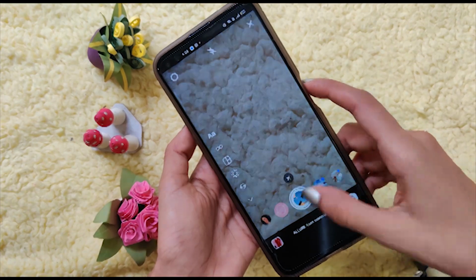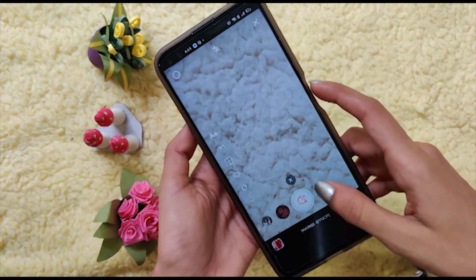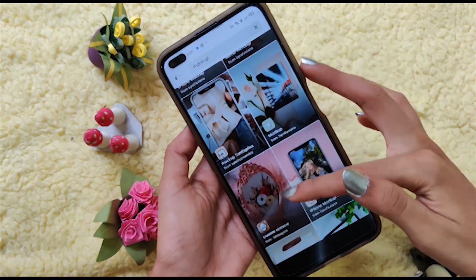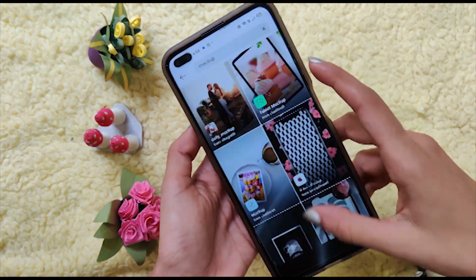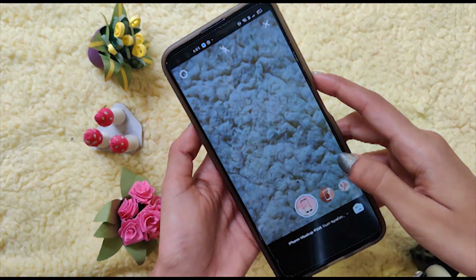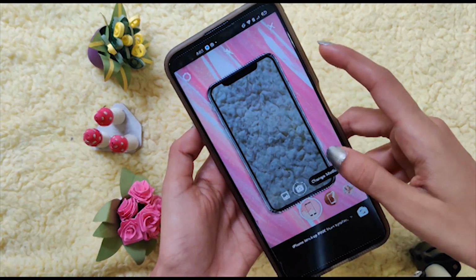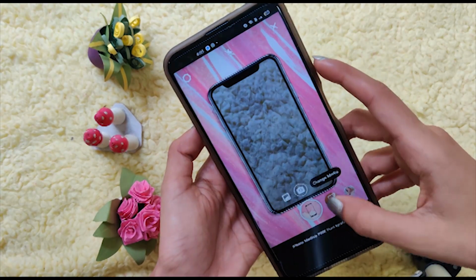So yeah. Now let's come to the end of the video. That is our 10th hack. Most of you will know this hack because it was trending a lot on reels. So this is the mockup hack. You need to go to this option and browse for more filters. In that you can type mockup, and you can see so many options. You can choose whatever suits your pictures or whatever you like. You can select your picture and make it look more appealing according to the filter.